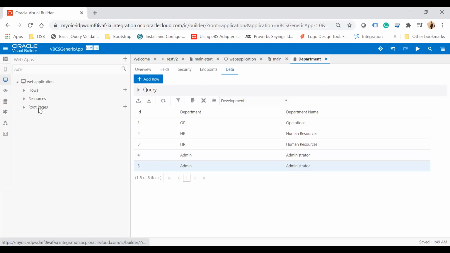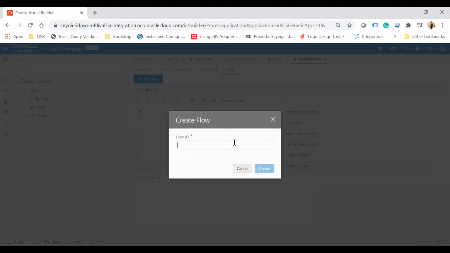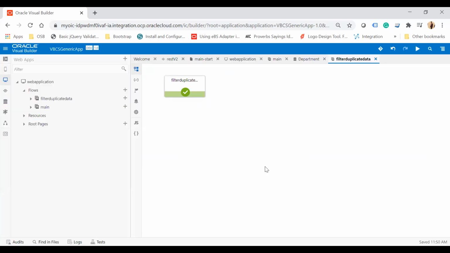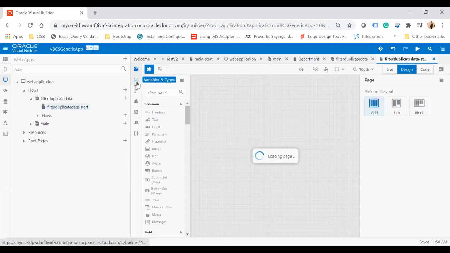Now go to the web application, and here I'm going to create a flow, filter duplicate data, and then click on the create button. I'm going to handle this situation using the ADP variable. For this, I'm going to create a variable of the ADP type.